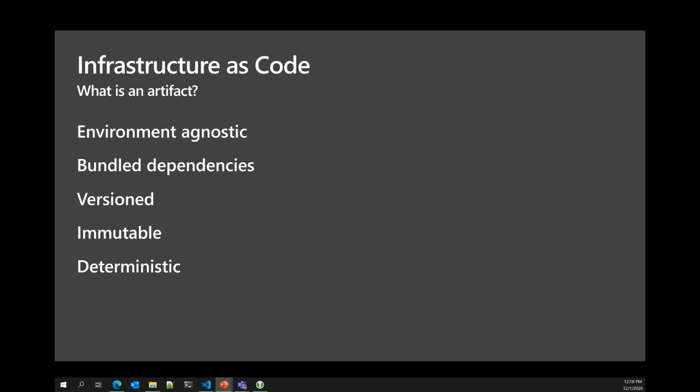But the only thing that has access to write to that artifact repository is the CI process itself. Nobody can come in and inject other versions that didn't come through that pipeline or change the versions that are already there. So we want to make sure that we apply that same principle to our infrastructure as well. Once we've built and published a version of it, that version is immutable and it cannot change. Any changes must require that we produce a new version.